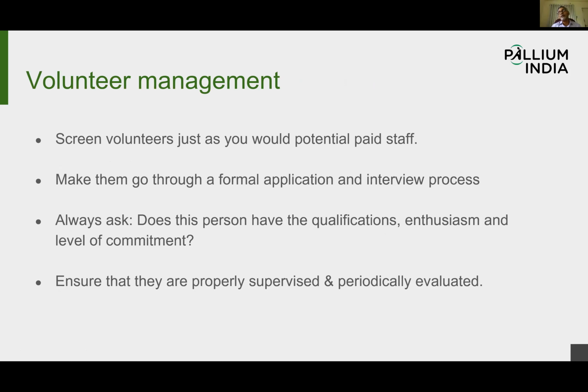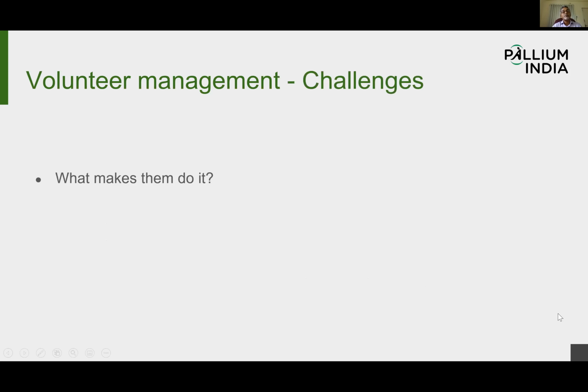Now we need to manage volunteers. Everyone would be happy to have volunteers around them, but then that also becomes a problem sometimes if you're not able to manage them properly. So we need to really understand the volunteers as a person, what makes them do it, what they're looking for. Like in this particular case, when we discussed about Mr. Nair, once we understand why he is interested in joining the team and coming forward to offer palliative care,